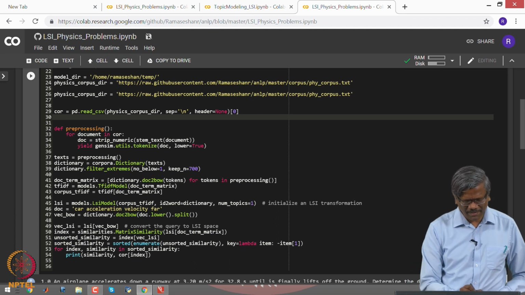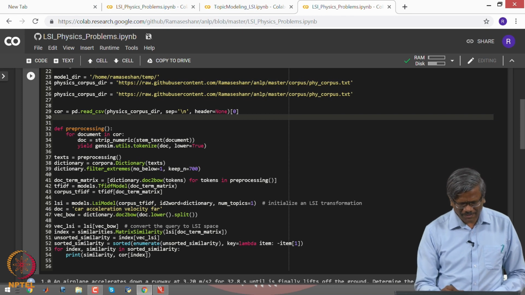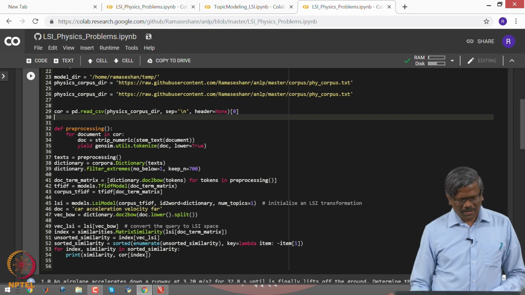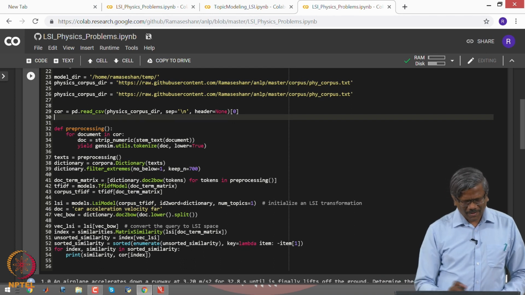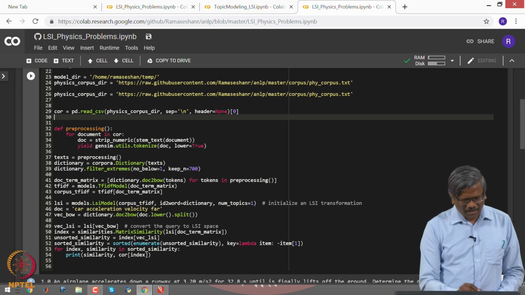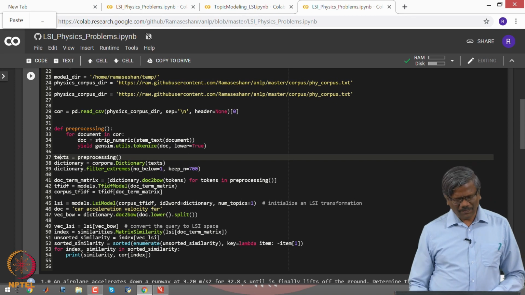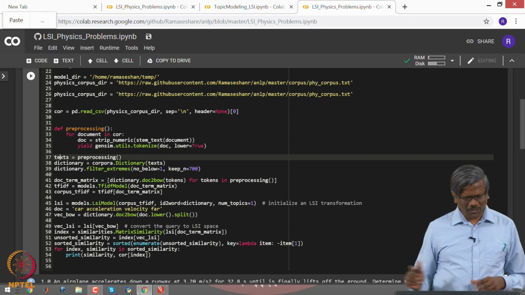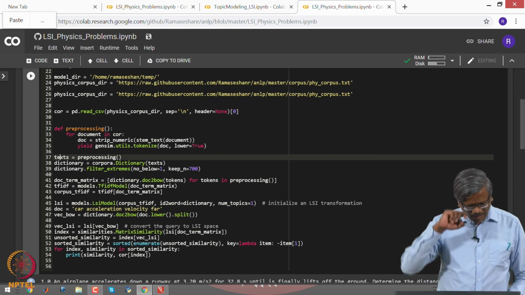This reads the file, where each document is separated by a new line and there is no header. Then I have a small pre-processing function which takes away all the numeric values and then tokenizes. I am initially creating a text which contains all the tokens related to the 271 documents,